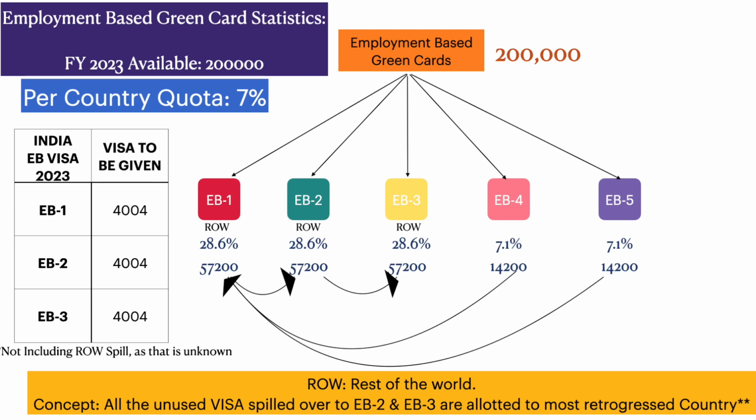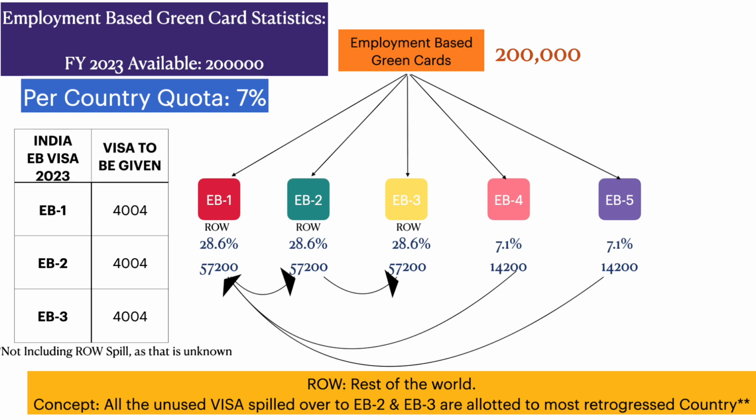And this year, USCIS says that there are 200,000 visas available in the employment-based category. Generally, only 140,000 visas are available. But this time there are an extra 60,000 visas, and the reason is that there are a lot of MVC applications which are still pending, and because of the pandemic things were slowed down, and that's why there are a lot of spillovers from the family-based visas which are being utilized in the employment-based category. So it's very good news. It's very good for all the categories, especially EB2 and EB3.